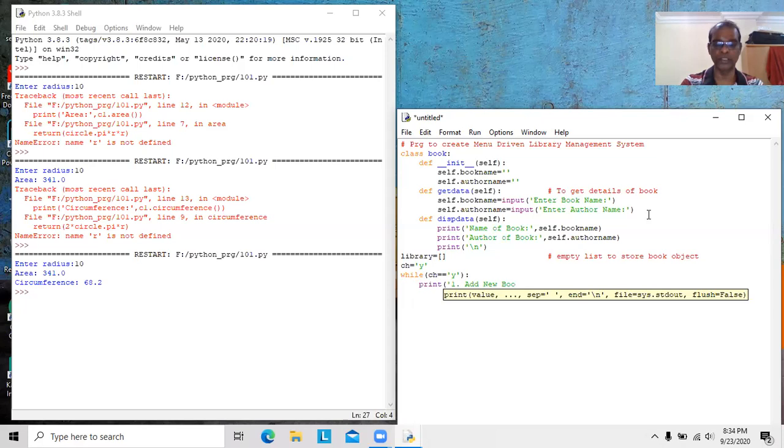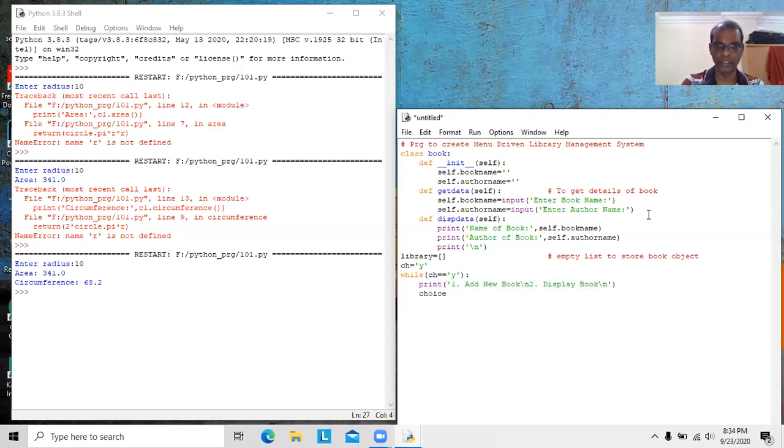So whenever a new book is entered into our library, we have to press number 1. Then number 2, display book, again slash n. So this is one menu.